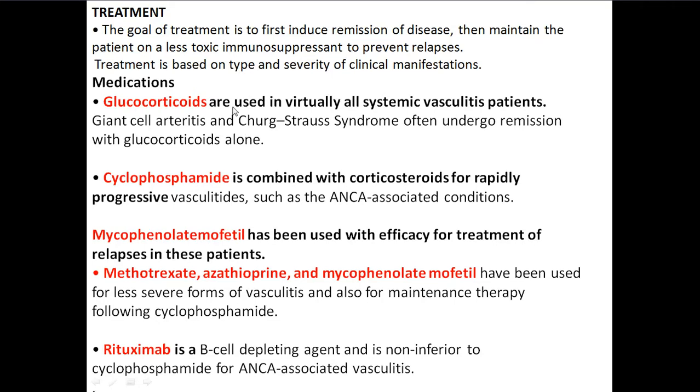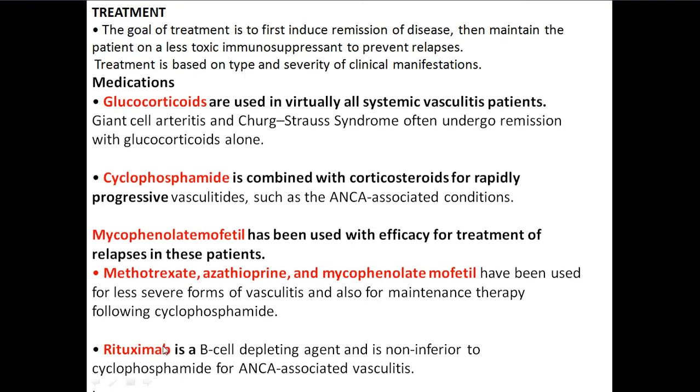So if you can see, in almost all autoimmune disorders, the 4 main drugs which we use are steroids first, the cyclophosphamide, the mycophenolate mofetil, and the methotrexate. If you can remember these 4, you can write it for any autoimmune disorder, starting with the steroids, and depending upon the condition, such as in rheumatoid arthritis, we give methotrexate, and in other conditions such as SLE, we give mycophenolate mofetil and cyclophosphamide.